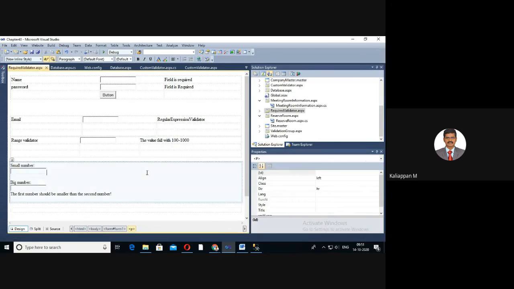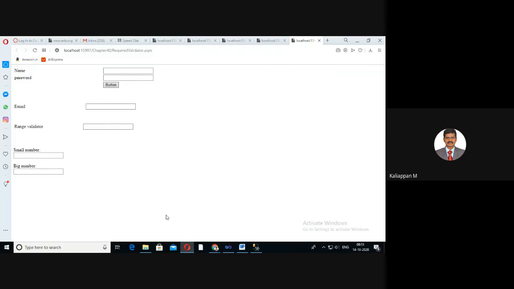Just run it, view in browser. For the range validator, I give 12. The value falls outside the range, so this is the error message.